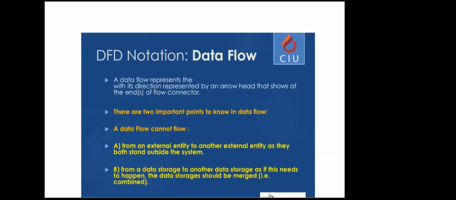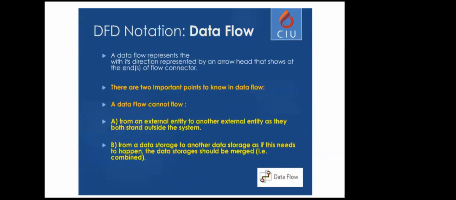Data flows are the interactions. Now, this shows that two important things should happen in the DFD. From an external entity to an external entity, there cannot be a data flow directly. They should be connected to the processes because they both exist outside of the system. So this means that if an ATM machine is going to talk to a customer, there should be a data flow in between the two. And that should be done with a process.